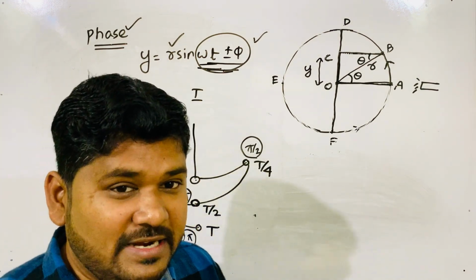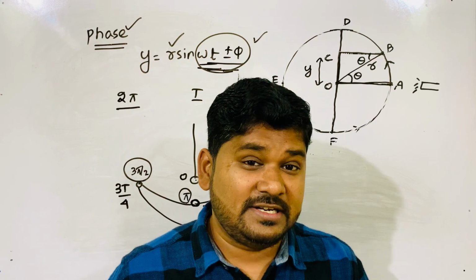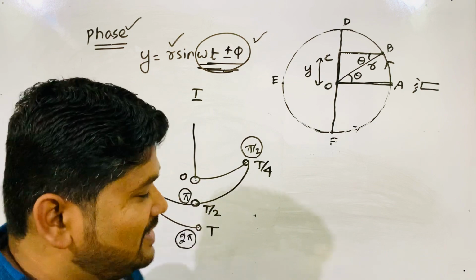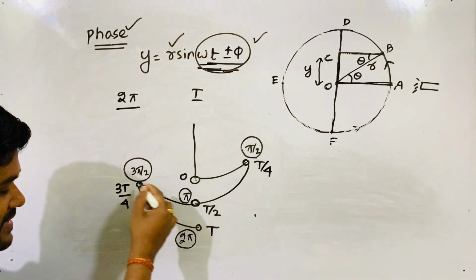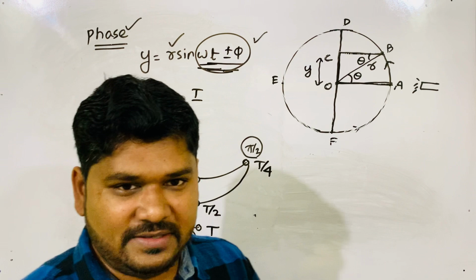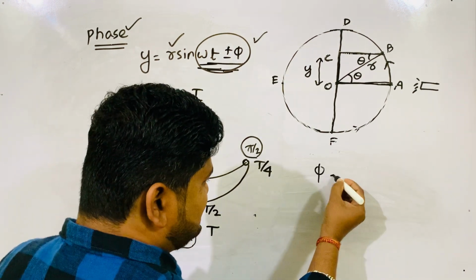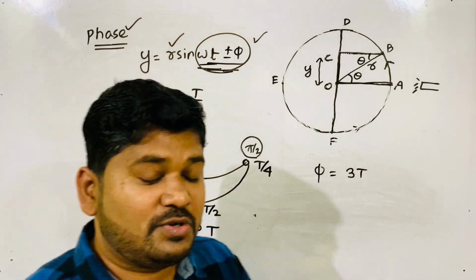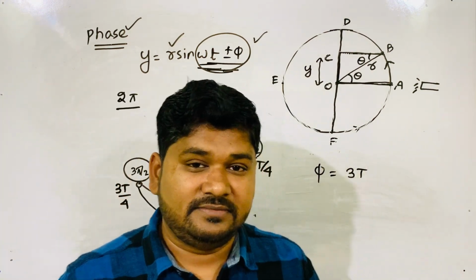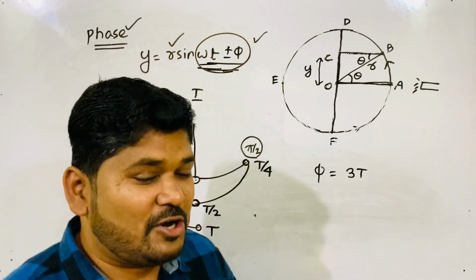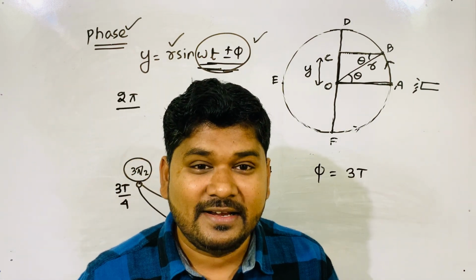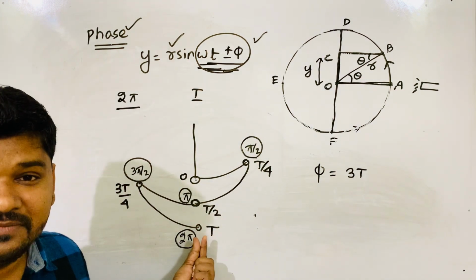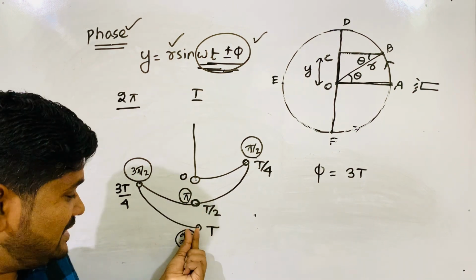Then the question comes to your mind: sir, how will that person understand where the body is? See here. Suppose in one oscillation the body completes T time period. Now I will tell the phase is equal to, suppose, 3T. The person asked and I told the phase of the body is 3T. The person immediately understood that 3 oscillations are completed. Means the body is where? At the mean position. The body starts from here, and the body is at the mean position.